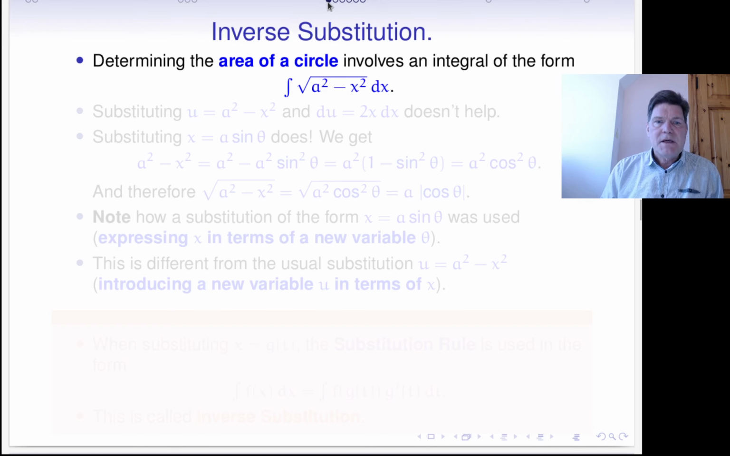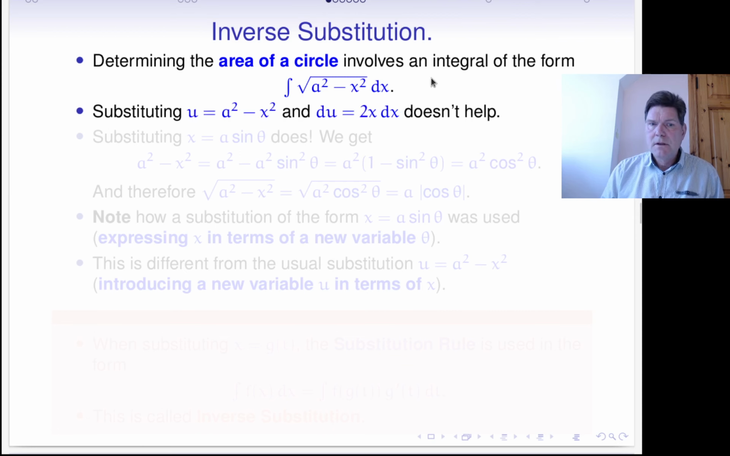We've already seen how an integral that arises in the determination of the area of a circle involves an integrand that is the square root of a difference of two squares. The root of a squared minus x squared dx. Here the usual substitution u for a squared minus x squared doesn't help. But somehow